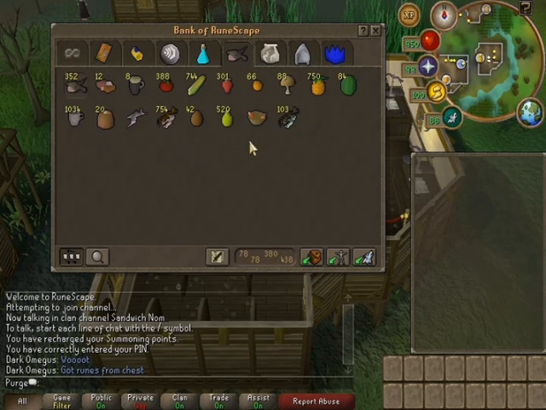Anyway, food tab. Last time I'm pretty sure I had all cocktails and everything here because I like to get drunk in RS. Yeah, thought you'd throw that in there. Not really. So I got rid of all that stuff because it wasn't needed. So I've got monkfish, some sweet corn for making tuna potatoes if I feel the need to, pineapples for farming. I've got an Admiral Pie here because I had to make an Admiral Pie for doing the Elite